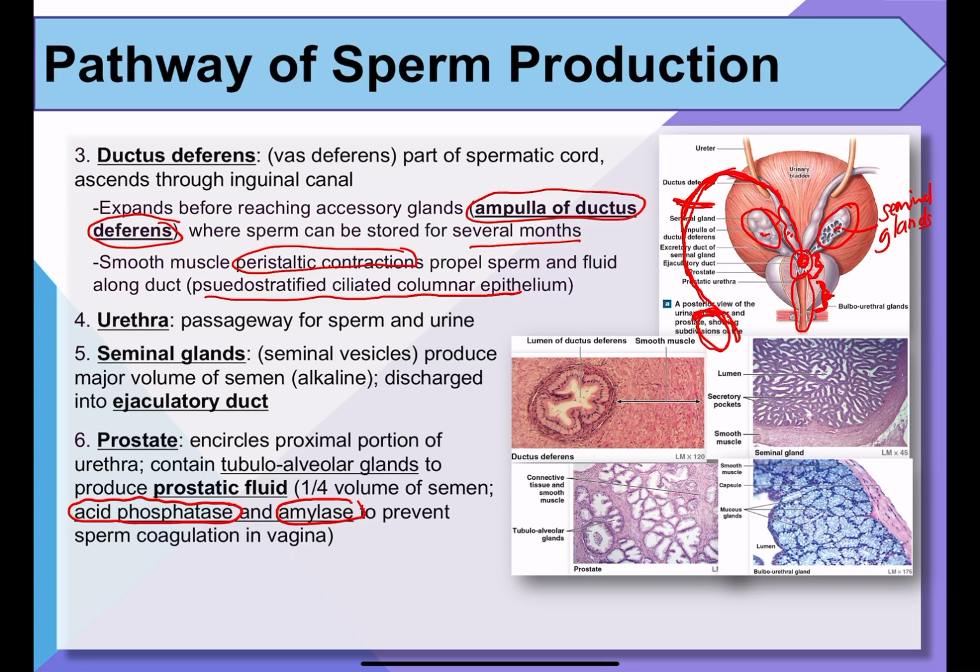Now, there will be some coagulation when the sperm is about to be expelled, but once sperm reaches the female reproductive system, it needs to not coagulate, because the sperm cells then need to come out of their gelatinous layer and fluid and start swimming all the way to the fallopian tube. If there's coagulation, then sperm will be stuck, and they can't swim around, and that defeats the purpose